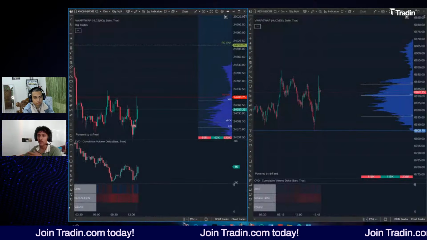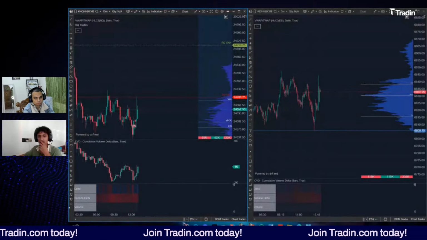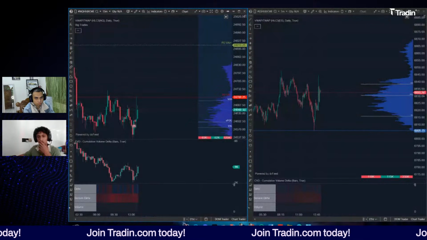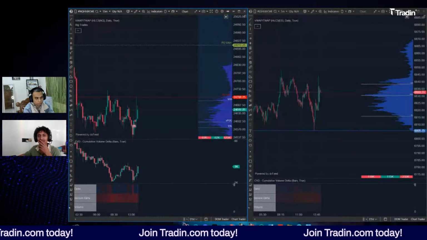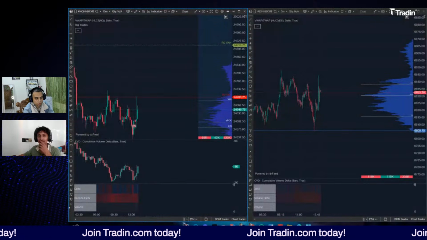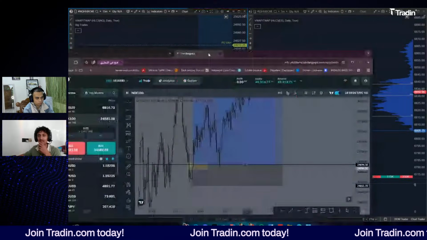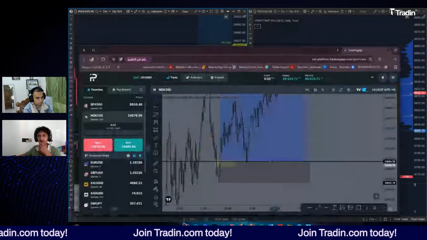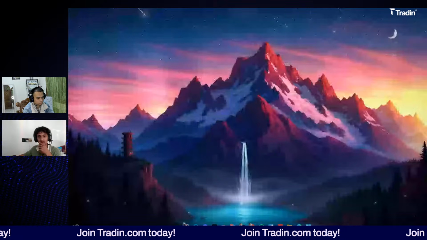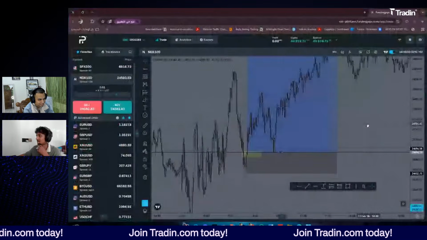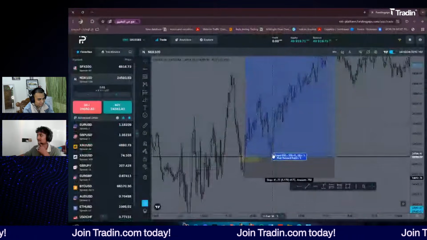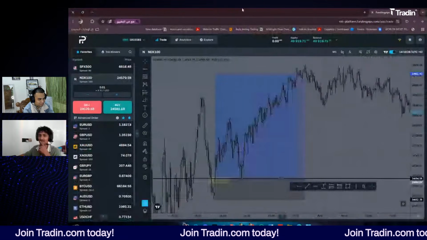The stop loss wasn't logical. It was kind of emotional, and I got literally stopped by a tick, bro. I got stopped by a tick, and then the market just moved to my take profit. You can see right here, got stopped by a tick right there, and it literally hit my TP. That's just the worst thing. So bad, dude.